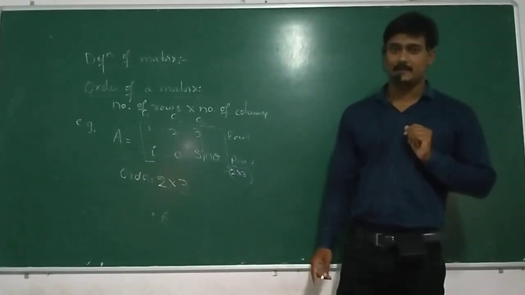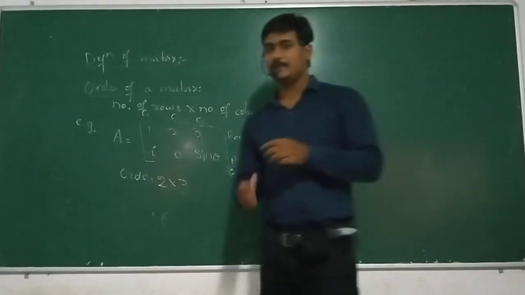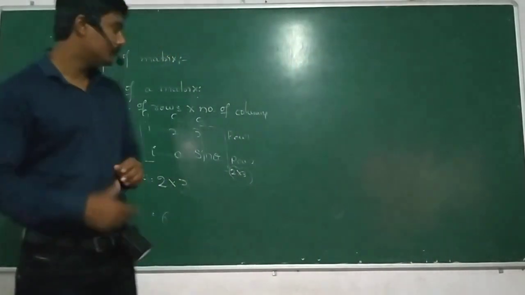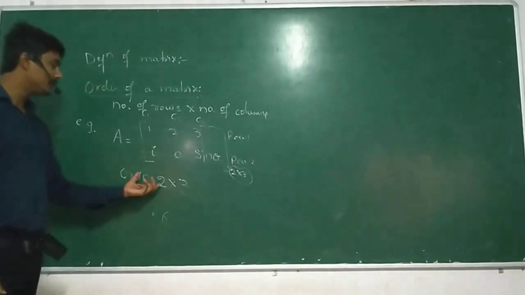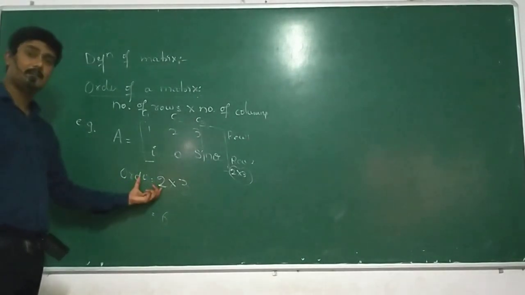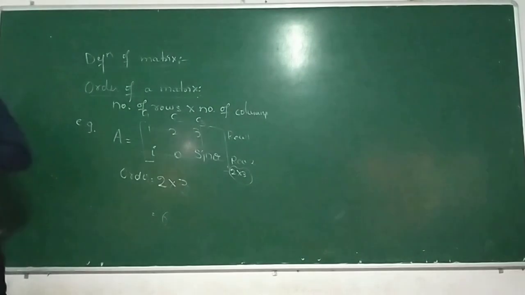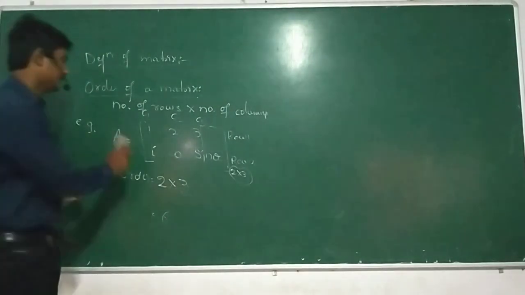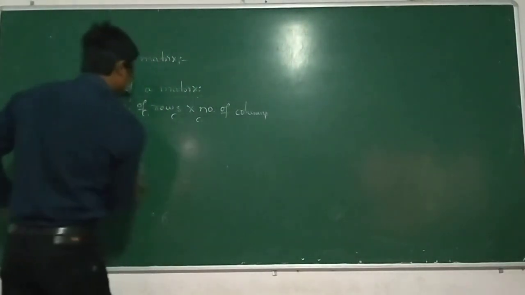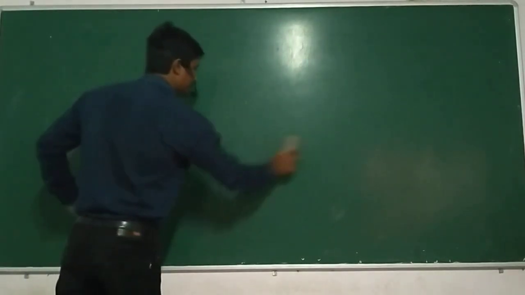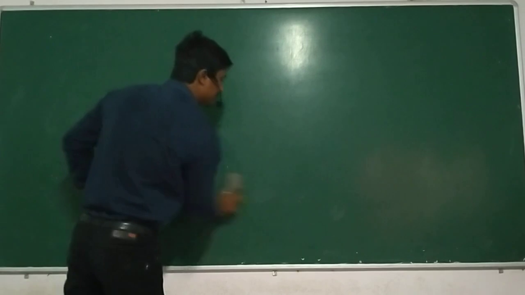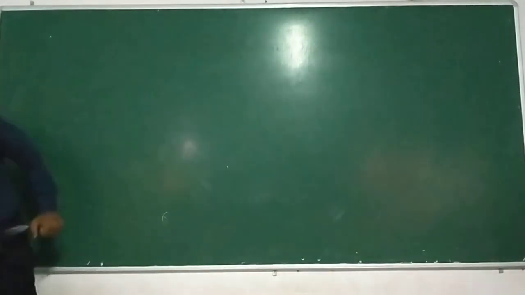If we know the order of the matrix, we can tell how many elements are present in the matrix. Let us think in the reverse way. If we know the number of elements, is it possible to write down the orders of the matrix? Yes, it is possible. Let me take one example. Already all these things were covered in the last session. It is just a revision of it. Then we will move ahead with the next concept. Let us take one example.